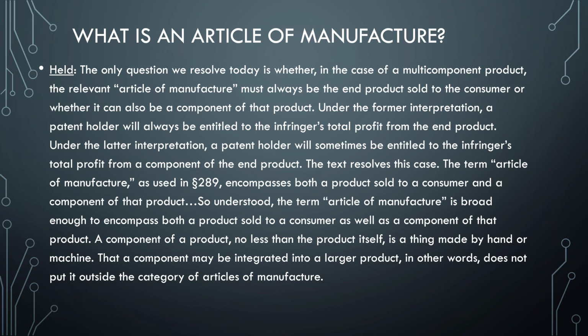The term article of manufacture encompasses both a product sold to a consumer and a component of the product. So understood, the term article of manufacture is broad enough to encompass both a product sold to a consumer as well as a component of that product. A component of a product, no less than the product itself, is a thing made by hand or machine. That a component may be integrated into a larger product, in other words, does not put it outside the category